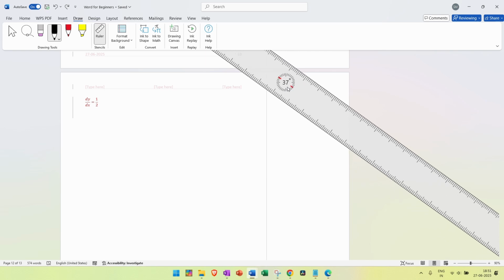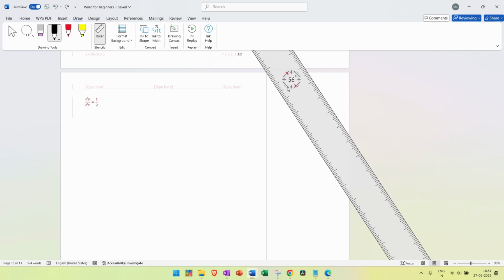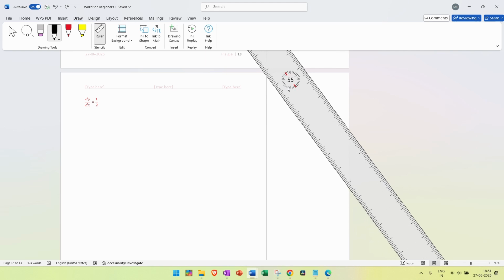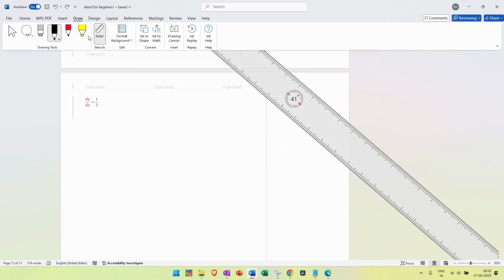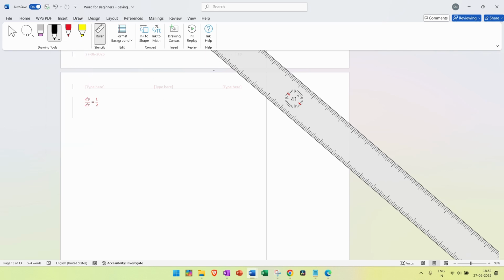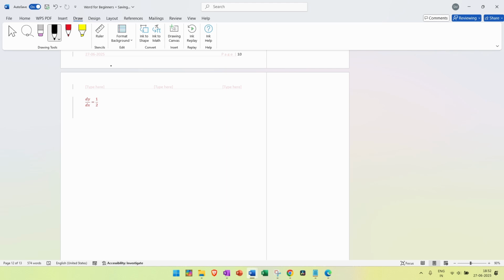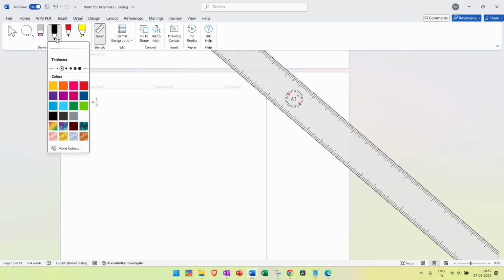Let's just say I want it to be at an angle of 60 degrees or something. You can increase it by your specific degrees like this, and you can also move the ruler over here, and draw if you want to draw something over here, right? And once you remove the ruler, that's just going to disappear. It's not drawn right now, so you can use your ruler